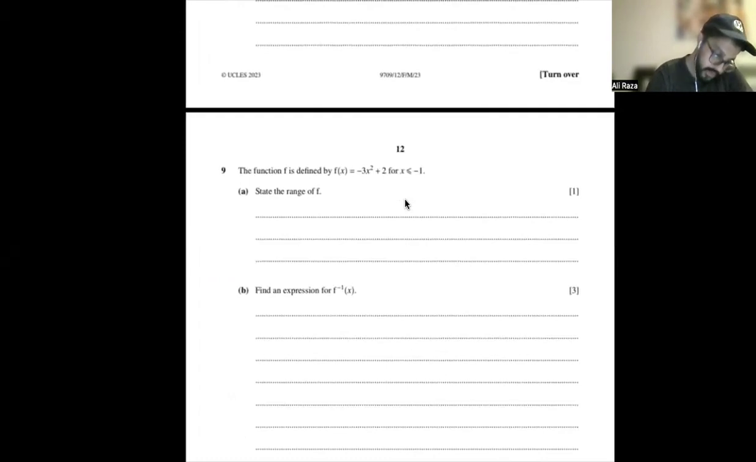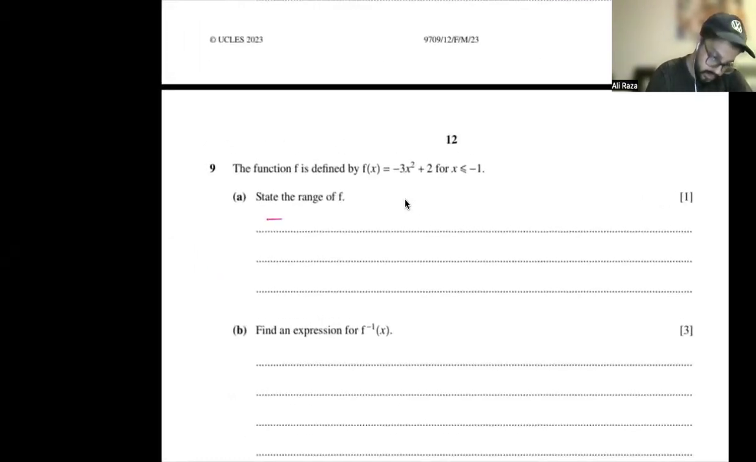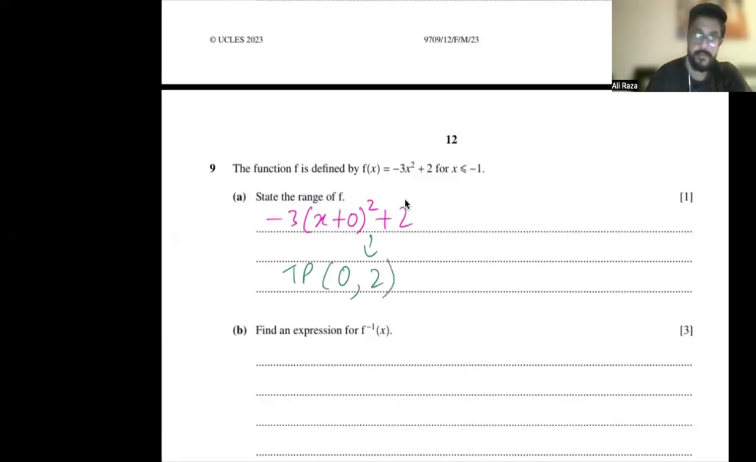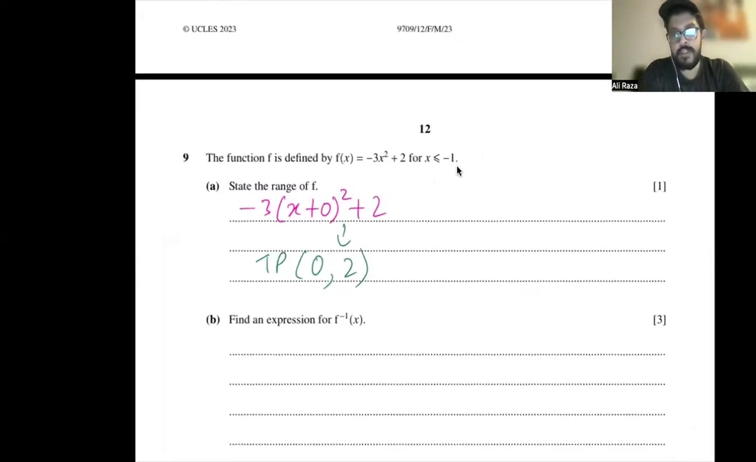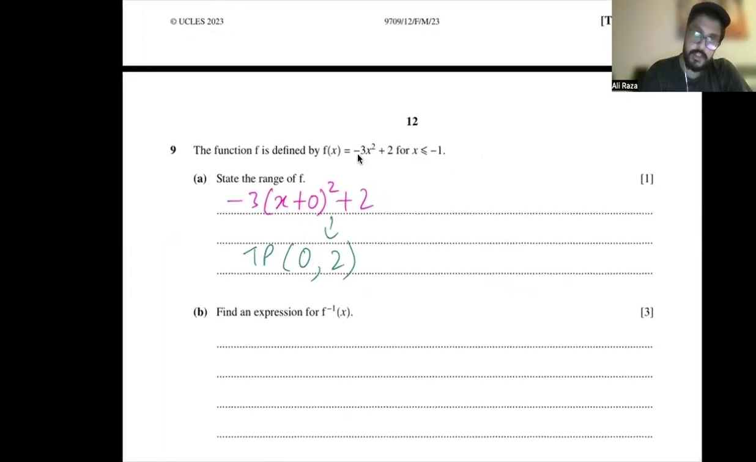Moving on to question 9. Now we can see that the turning point can be found as 0, 2, and the domain that we're given, the turning point doesn't lie in the given domain over here. And since the function is a maximum curve,